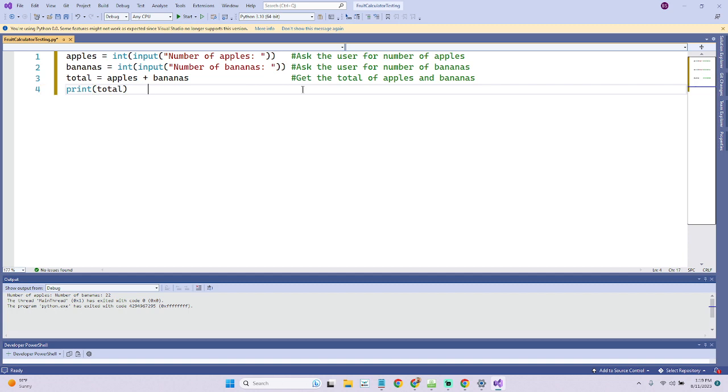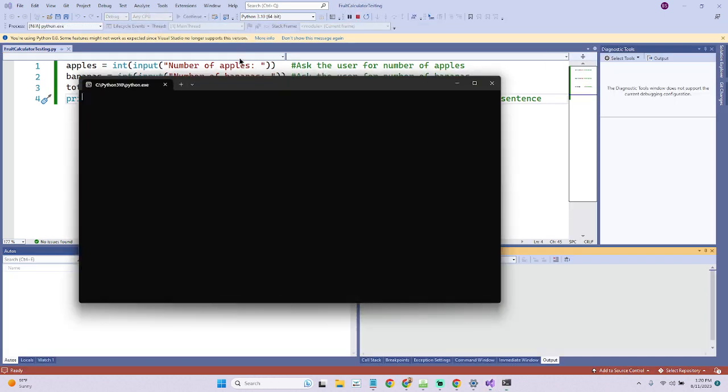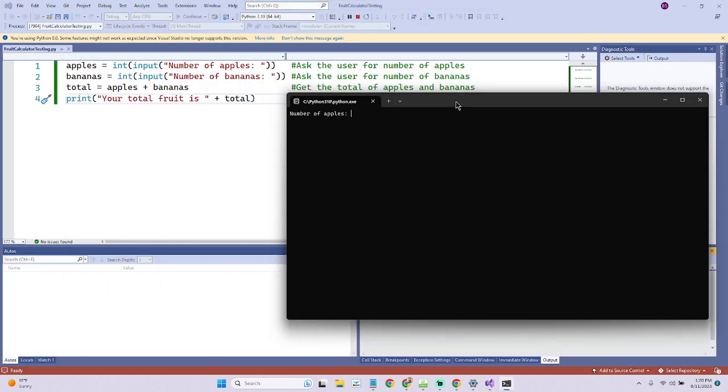Now, we want a message that displays the total number of fruit in a sentence. And if we were in this line to say print your total fruit is, we need a space because Python will take those spaces and use them when it prints out the message. And we want to make sure that there's a gap between the sentence and the string and the integer. So let's test it. So print out a message that says your total fruit is, and then the total,